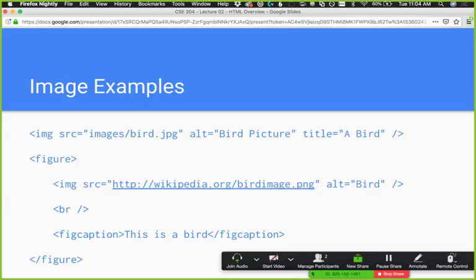So it'll be read aloud by the screen reader. It also will show up in place of your image if your image doesn't load. So if the image doesn't load, it'll just show the text. Yeah, question? If your source is another link from another web page,